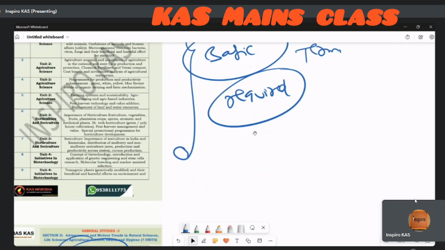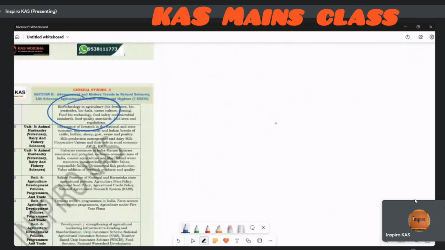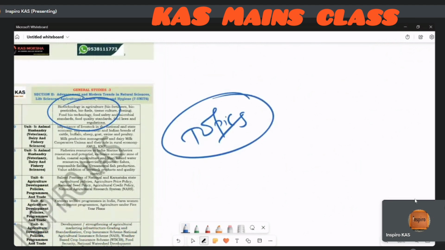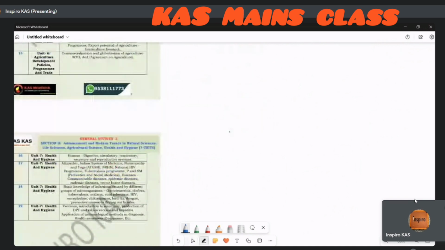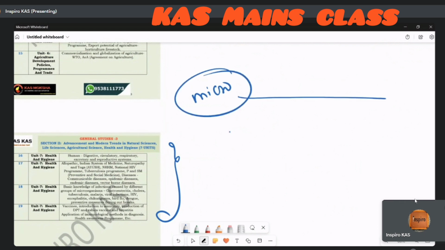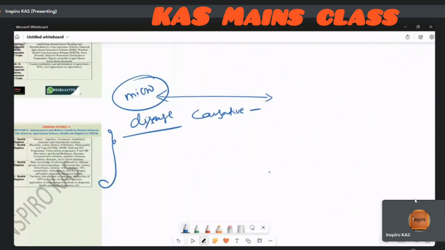When I say what is required for this examination, we need to break down the topic into its constituent parts. For example, the most common question students ask is, sir, so many diseases, how do I read all of this? Sir, it relates to breaking it down into micro topics or its constituent parts. Take whichever disease you want to read. Read it like this: the disease, the causative agent. What causes this disease? Next, once the disease comes, what are the symptoms of it? Once the symptoms are there, what is the treatment for this one? If any, what are the measures that the Government of India is taking to treat these diseases?